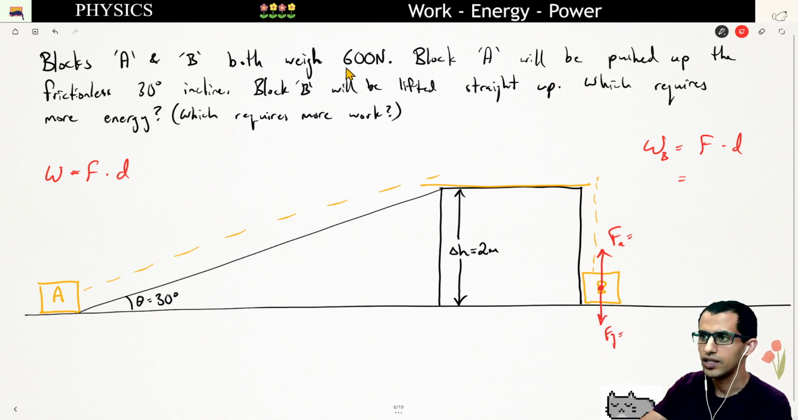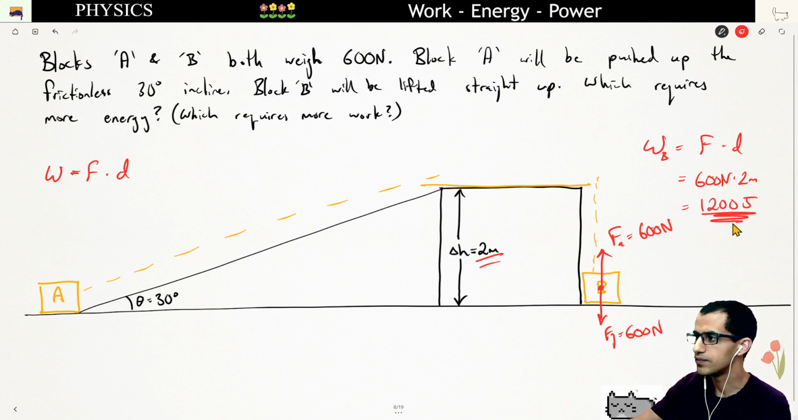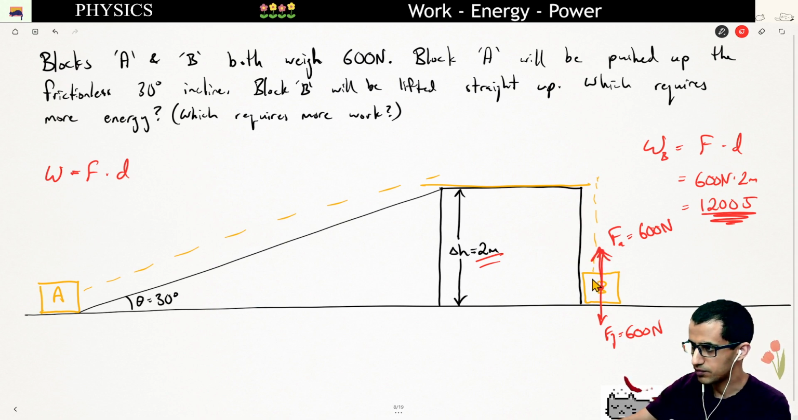Block B's weight is 600 newtons, and so the applied force is going to be 600 newtons. We apply that force over a displacement of 2 meters. And so the work done to lift up block B is going to be equal to 1200 joules. And in this case, the force is pointing upwards and the displacement is upwards, so the angle between them is